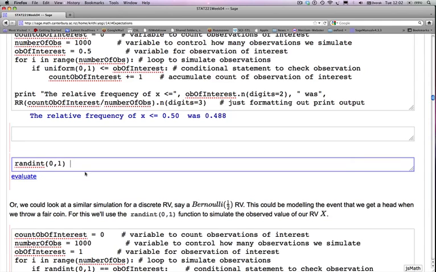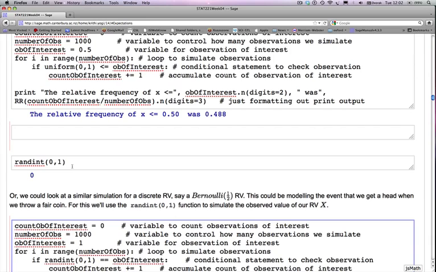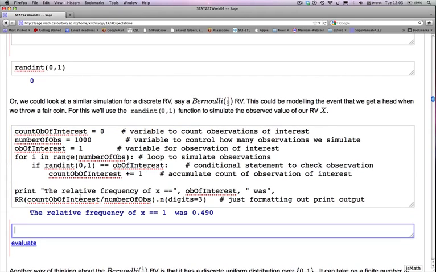So we can do the same for the Bernoulli random variable. I'm just going to let you do this on your own. If you just recall from before, randint 0, 1 will give us random numbers between 0 and 1 with equal probability. So we're going to simply play the same game here for this Bernoulli half random variable and find out that the relative frequency of this random variable being 1 was